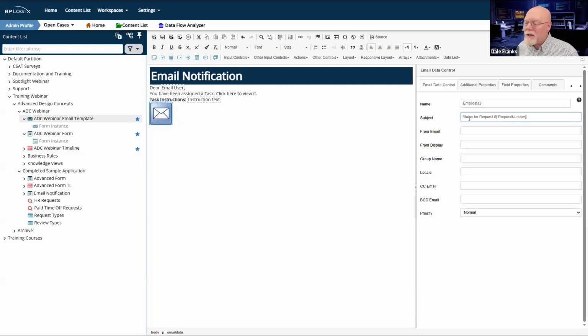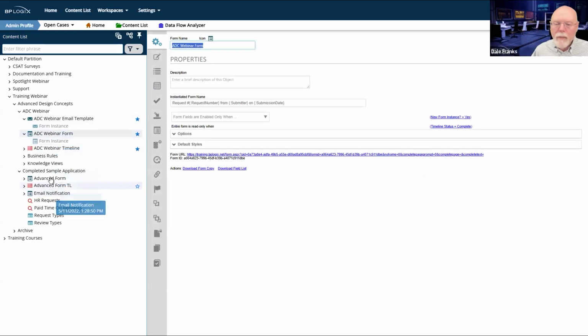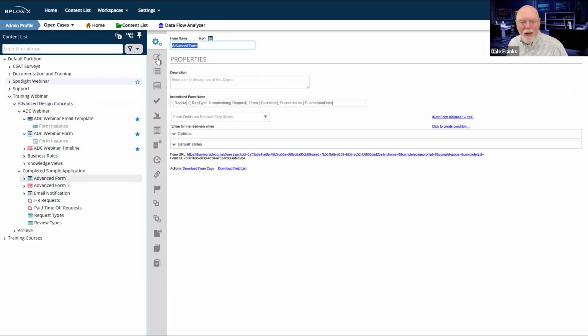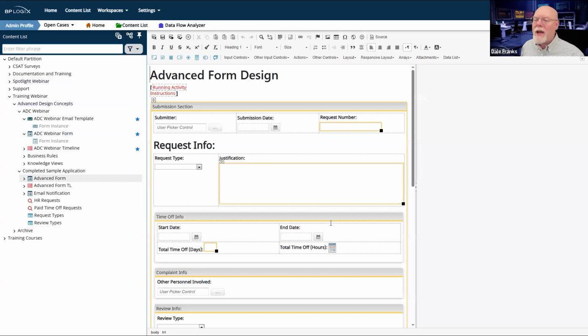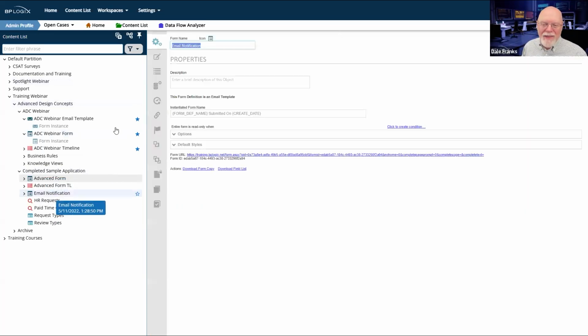Now, the nice thing about this is that you have the ability to use system variables to customize the email notification that you send out. So in this case, it's not customized much, but it does show the request number as the form field system variable on our form. We always have a request number on a form that uniquely identifies each request. And so I've just added that system variable here. So whenever the user receives an email, they know what the request number is that they're signing or approving or denying.